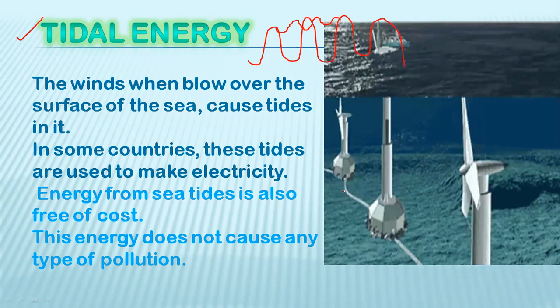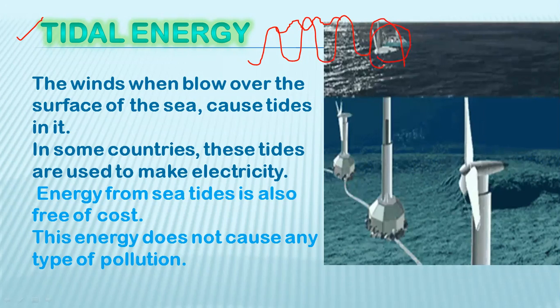And look, you can see here there's a wire, and generators, so they generate electricity, and these wires carry the electricity to the station here, and then the electricity reaches everywhere